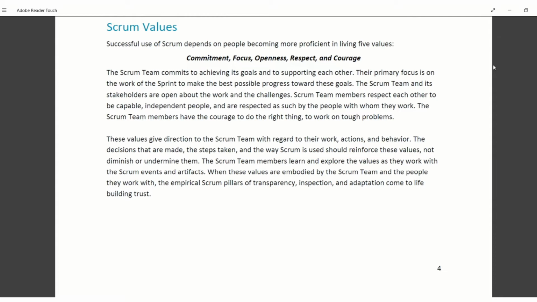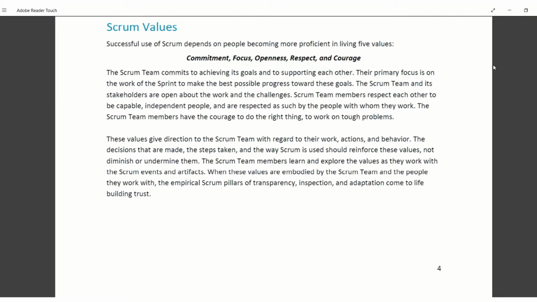The Scrum team commits to achieving its goals and to supporting each other. Their primary focus is on the work of a sprint to make the best possible progress towards these goals. The Scrum team and its stakeholders are open about the work and the challenges. Scrum team members respect each other to be capable, independent people and are respected as such by the people with whom they work. The Scrum team members have the courage to do the right thing,